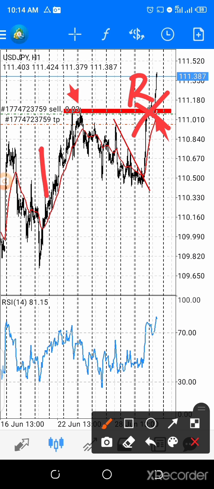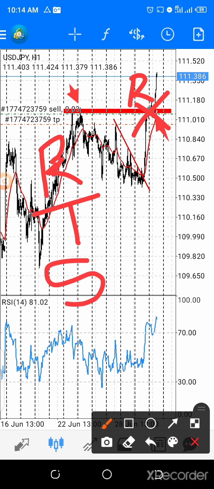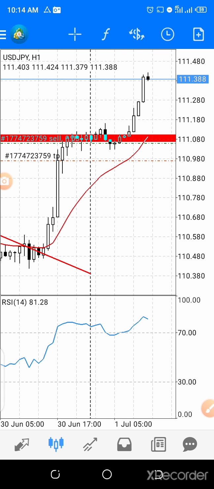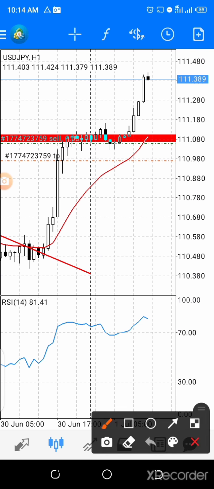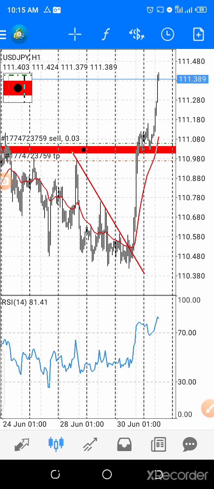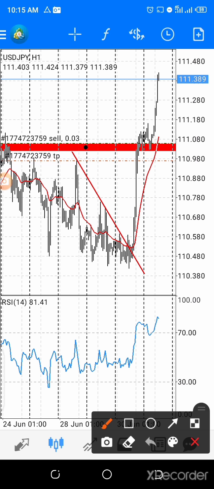That is resistance turned support. I hope you can remember in my previous video if you had watched it. So please, if you have not, go back and watch it. You will see it there. Okay, so I assumed that whenever price got to a support, a former resistance, and then I saw a beautiful candlestick formation here, then boom, I should sell. Guys, as you can see, I placed a sell trade. I want you to see this clearly. Let me take this off from here. Take note. This is the sell trade I took. This is it, as you can see.